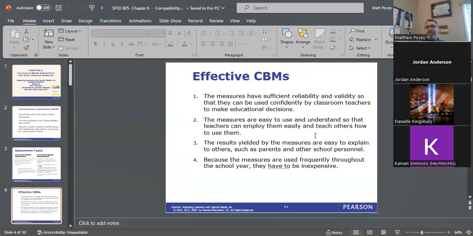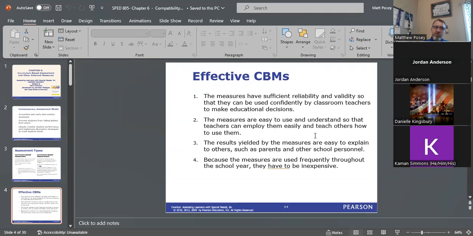Okay, effective CBMs, are they doing their job? Okay, there's a lot of different ones out there. I'm gonna give you a couple resources tonight, websites to go to kind of look at if you are having trouble deciding what CBM you might want to use, or what type of tool. So basically,